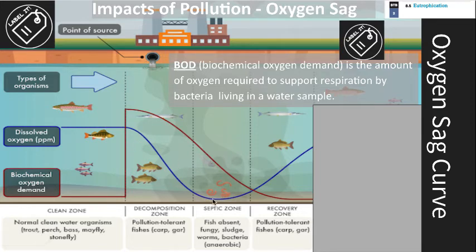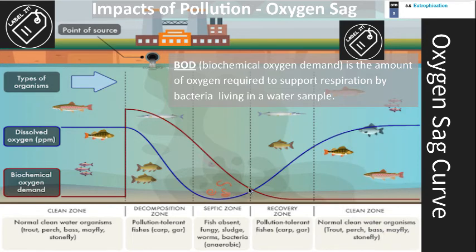So dissolved oxygen continues to decrease. Biochemical oxygen demand is a demand of oxygen by these bacteria. So these bacteria are high right here, right? And then they start to decrease as we get this recovery zone further down the line as the pollutants are more diluted out and settled into the sediments. The bacteria then start to die off. Those bad bacteria, pollution-tolerant organisms start to recover and move in, and then ultimately the biochemical oxygen demand levels out at a very low rate where it's supposed to be, and the dissolved oxygen continues to increase into this clean